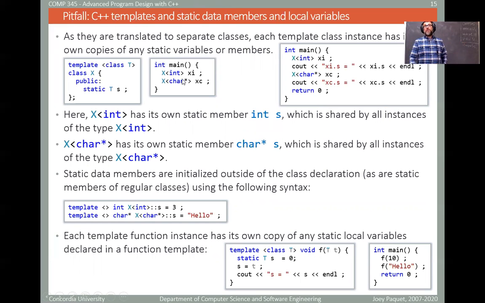Okay, so let's say one of the things is, let's say you have in your template class a static variable. Now, the notion of a static variable in a class is that this variable is common to all objects of that class. Okay. Now, if you have a static variable in a template class, then what's going to happen is that the